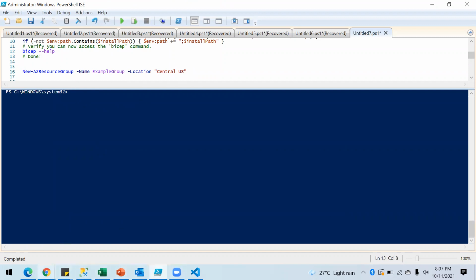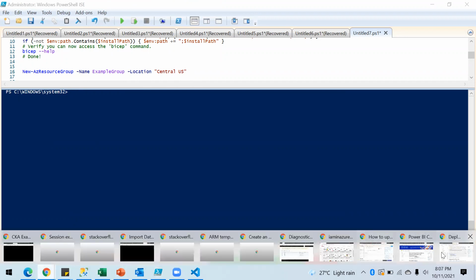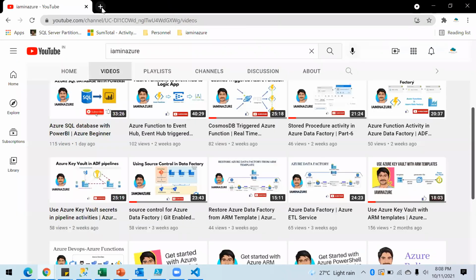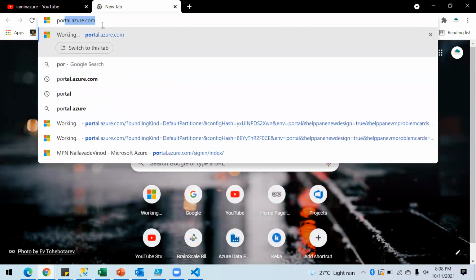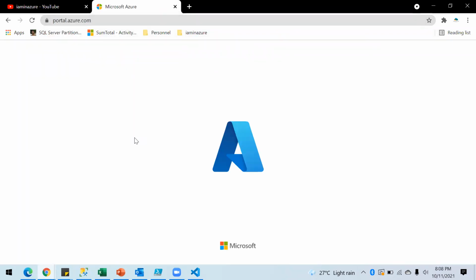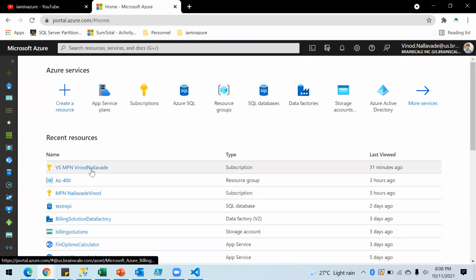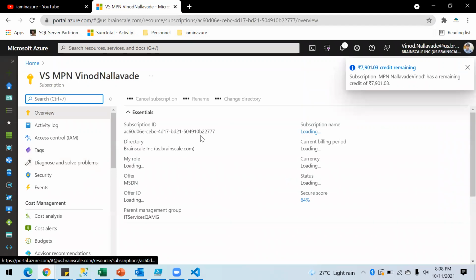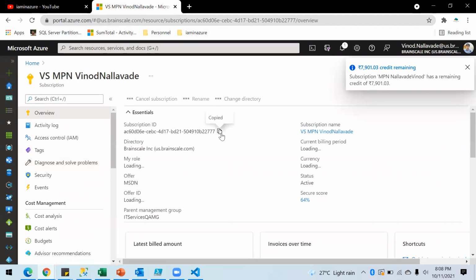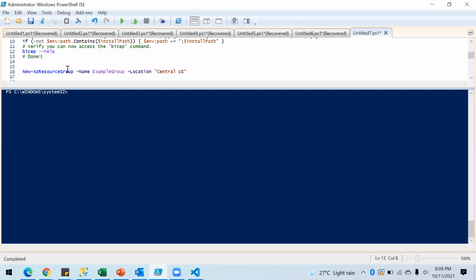In portal.azure.com, I'm going to select the subscription ID. So this is my subscription and subscription ID. I'm going to use that subscription.